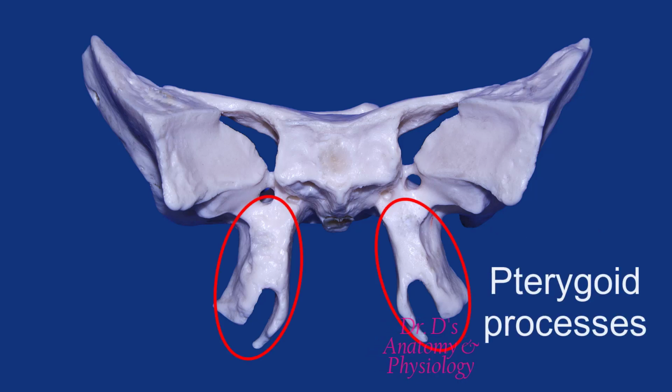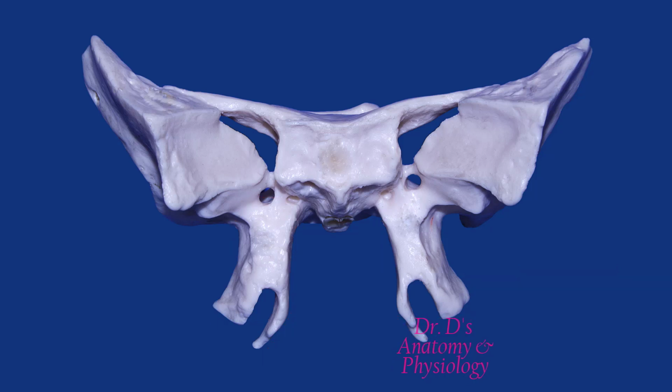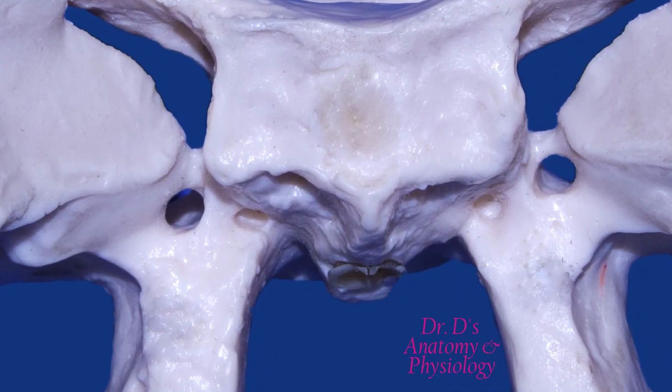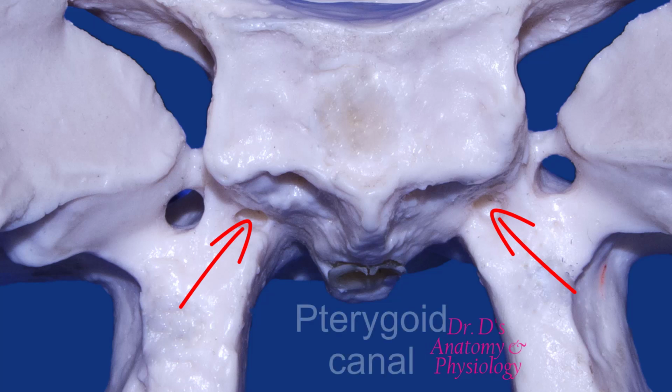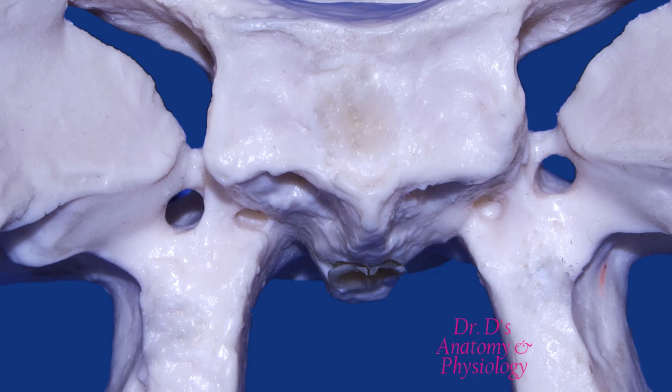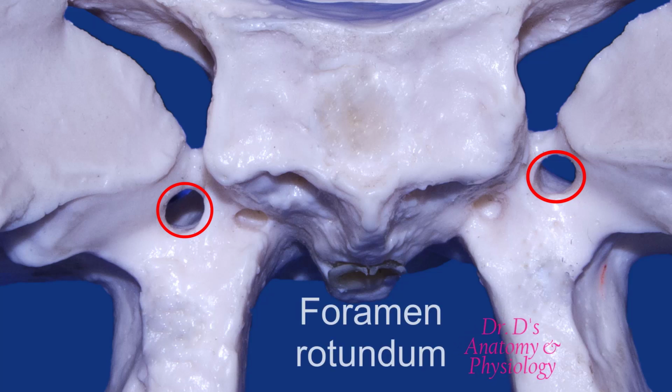Here are the pterygoid processes. If you look at the base of the pterygoid processes, you'll find that there are some openings. First, at the base where the pterygoid processes attach to the body, we have a canal, which is referred to as the pterygoid canal. Also over here, lateral and superior to the pterygoid canals, we have an opening. It's a round opening, and we're going to refer to this round opening as the foramen rotundum, which essentially translates